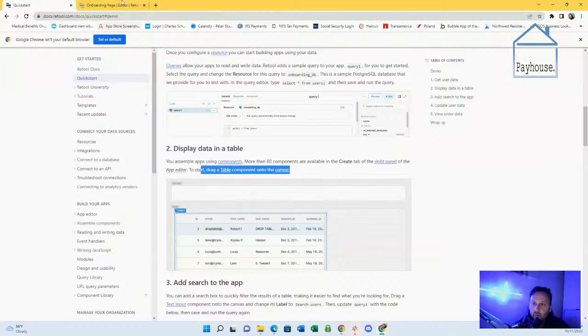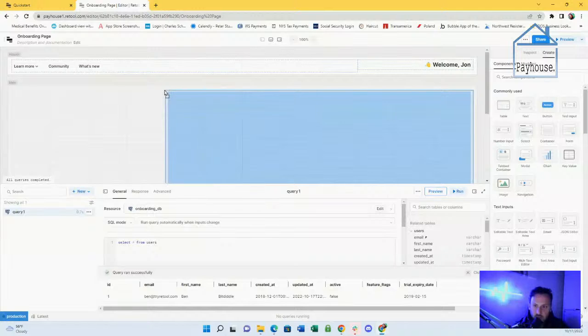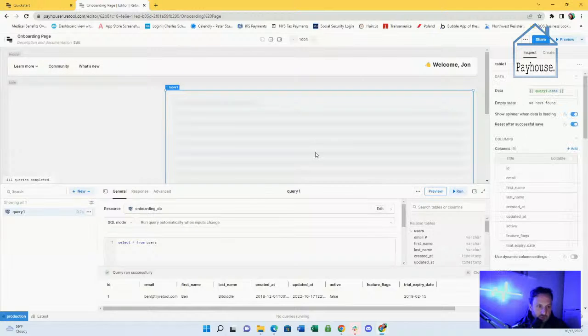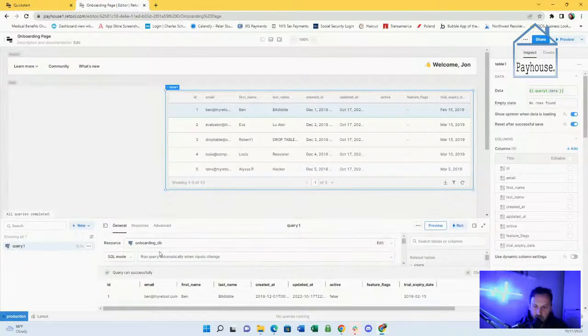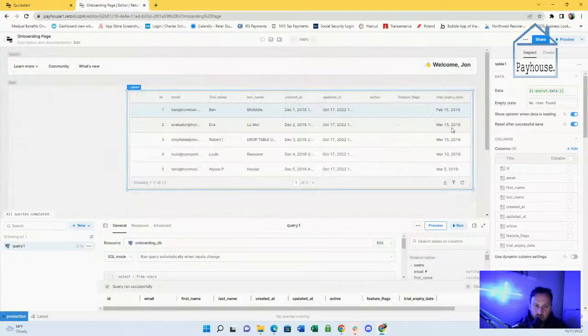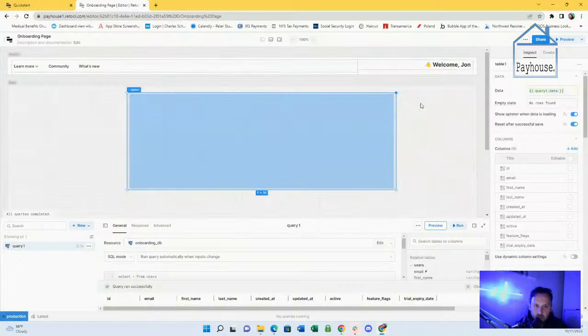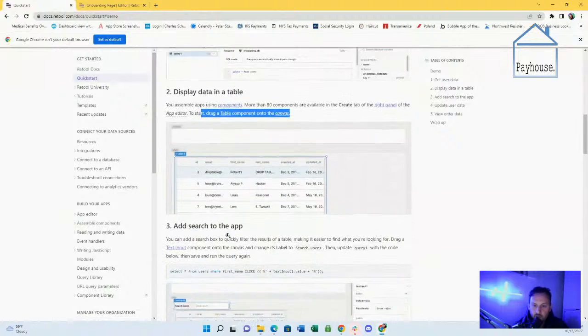To start, drag a table on. Okay, so we're going to drag a table on. So this is a table. I imagine that this is the Bubble equivalent of a repeating group, if I'm to be so bold as to make that comparison. Let's bring this down a little bit. And can we move this table now? We can. Okay.